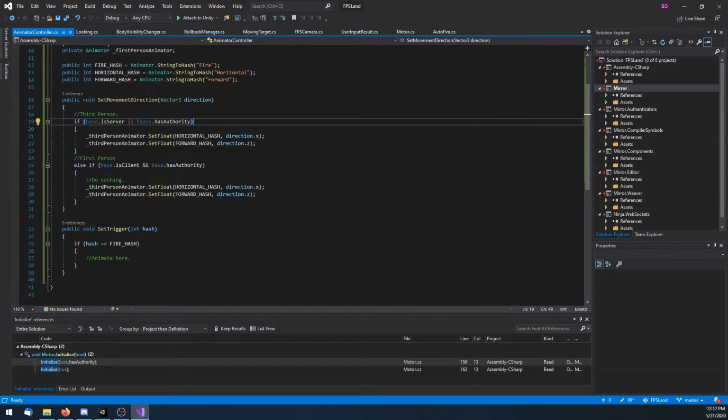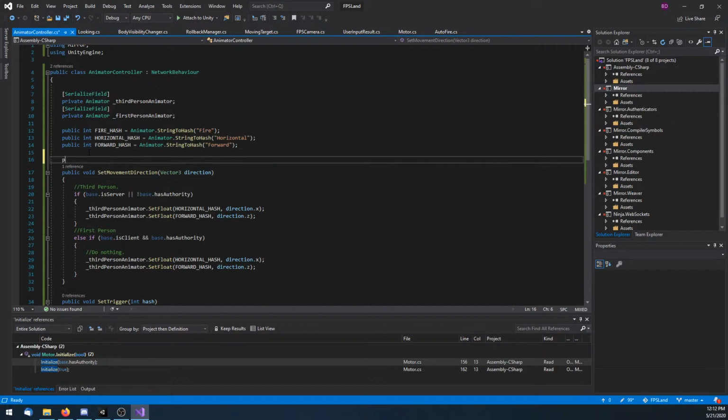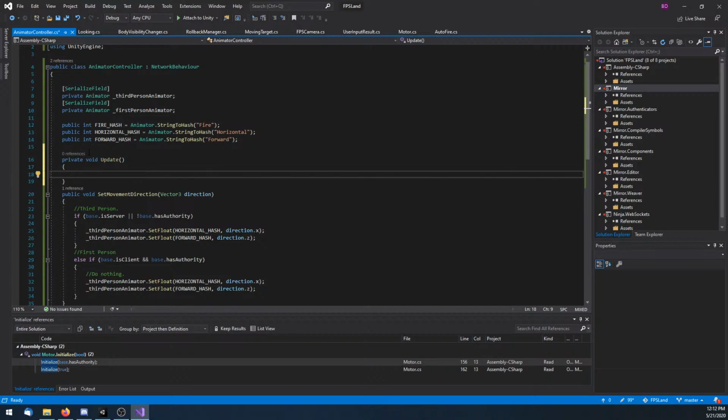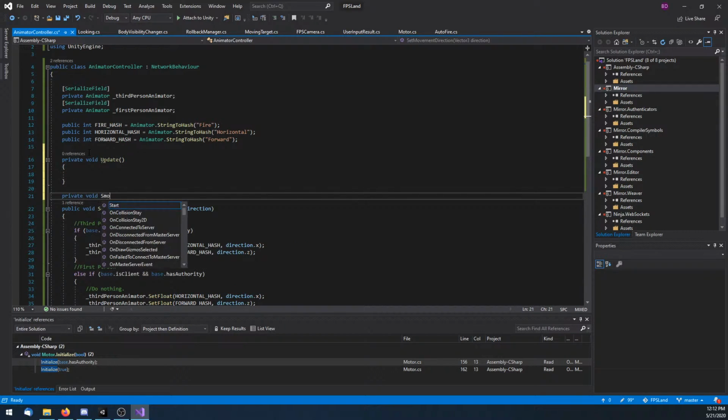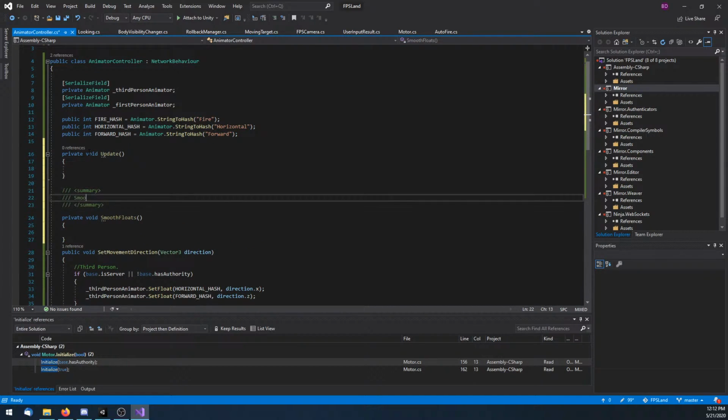I'm going to go to my animation controller. I'm going to do private void. Actually, this is going to be tricky because I'm going to have to make sure I only do this if I'm the owner. Well, I guess it's not that tricky, is it? Private void smooth floats, which must not change abruptly. Yeah, that's fine. I'm going to do smooth floats and do if